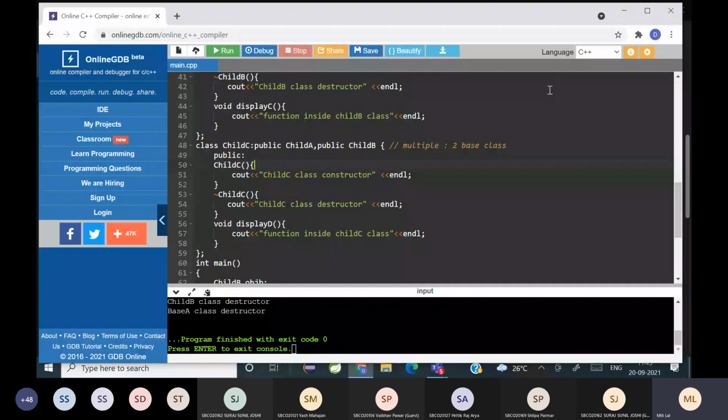Hierarchical inheritance क्या है? When a base class has multiple child classes. Yeah, when a base class has multiple child classes, it's called hierarchical inheritance. And what is a hybrid inheritance? It is a combination of multiple and multi-level inheritance. Oh, sorry, multiple and hierarchical inheritance. Yeah, multiple and hierarchical inheritance. And yes, what about multi-level inheritance?